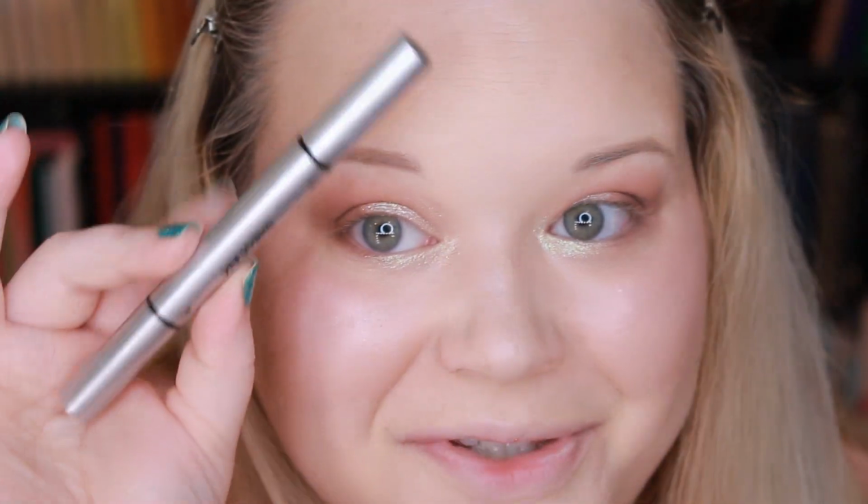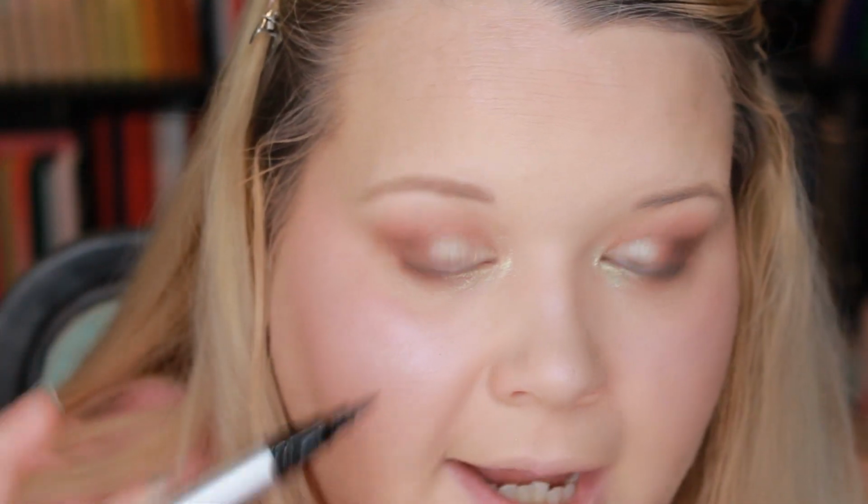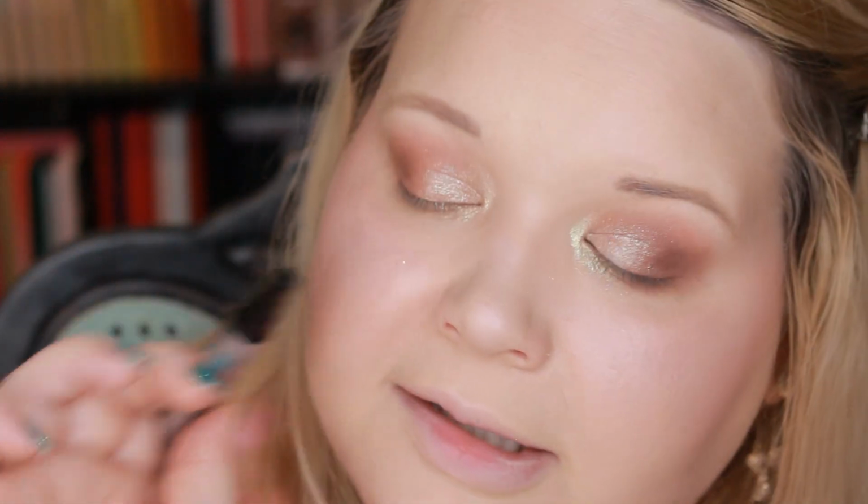All right, next up we are using Sheglam's double-ended eyeliner. I have to say I have tried this a few times, and I'm not quite sure what I think about it yet. I have to say for sure, I'm not a fan of the felt tip side. I just find these felt tip brushes can be a little dry, and the color is just not as pigmented as I would like. But the other side does have a little stamp type side to do the cat wing eyeliner,